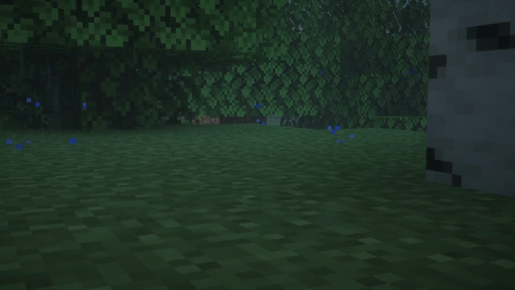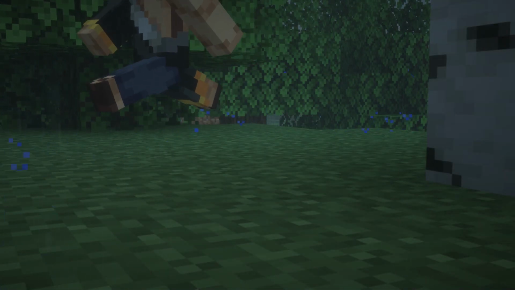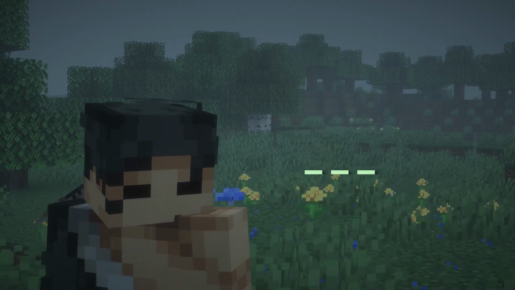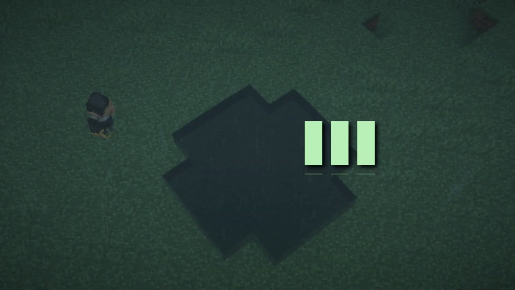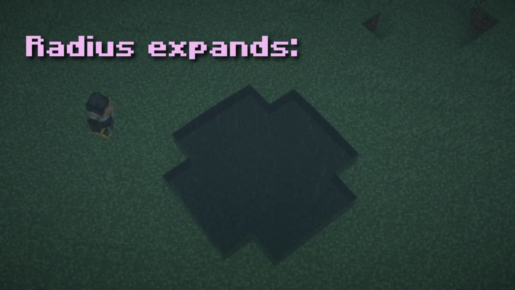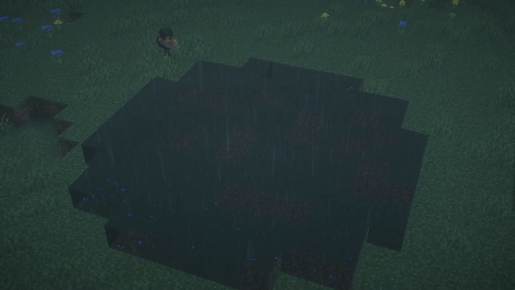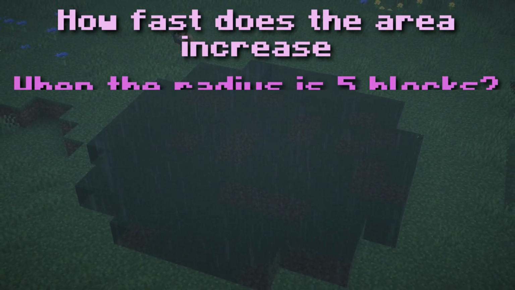It's quite a rainy day, isn't it? It's been pouring for a while now, and you notice many puddles around your house. And one specific puddle catches your eye. A circular puddle whose radius is expanding at a rate of 1 block per second. You're curious and want to know how fast the area of the puddle increases when the radius is 5 blocks